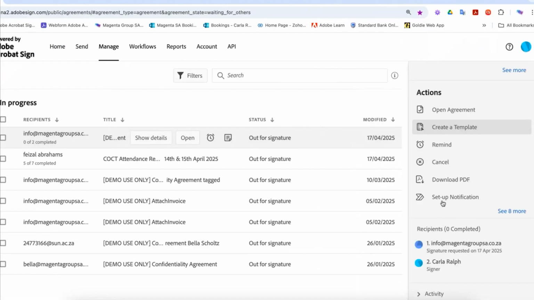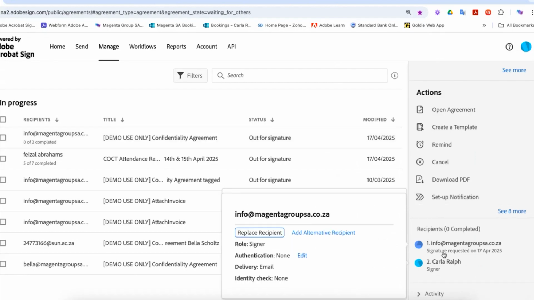And let's say, for example, the person doesn't work for that company anymore. I can come in here and replace the recipient. Or let's say somebody's on leave, I could still get them to sign, or use an alternative signer. So can you see I've got more functionality than I could have had before. I can set up Power Automate